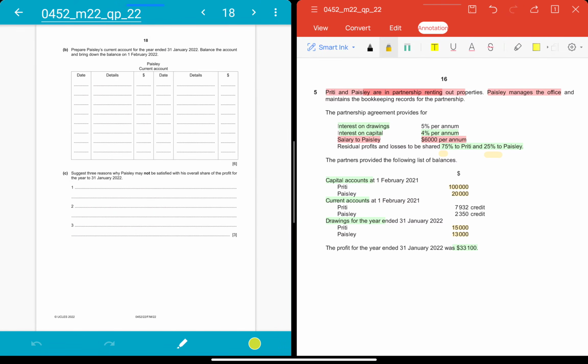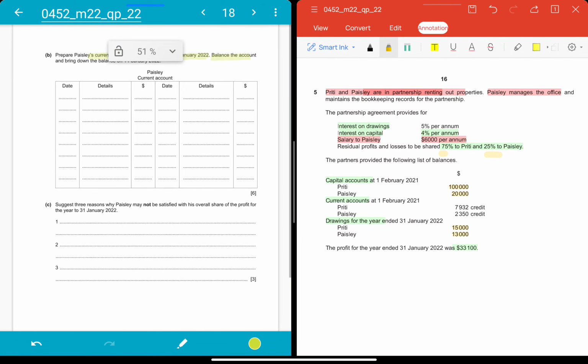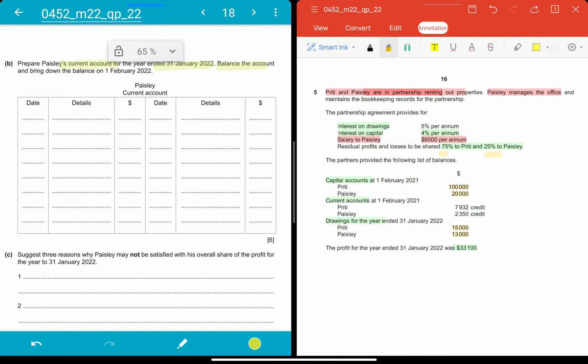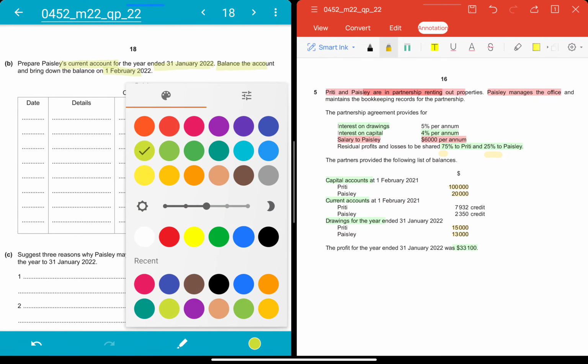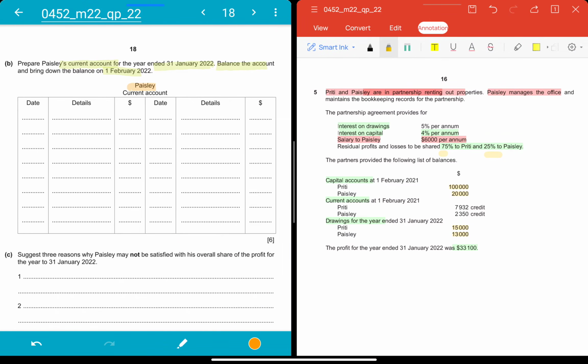We have to make the current account for Presley only for the year ended 31st January, and then we have to balance the account and bring down the balance as well. So let's try to start with the current account. First, we'll explain what a current account is and why it is made. So a current account is for the benefit of the partners to make sure that whatever reimbursements they have got and whatever deductions have to be done, we can record it there. And it is separated from the capital account as well, so that there are no fluctuations in the capital,